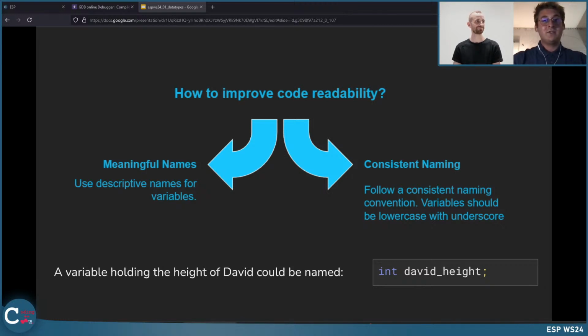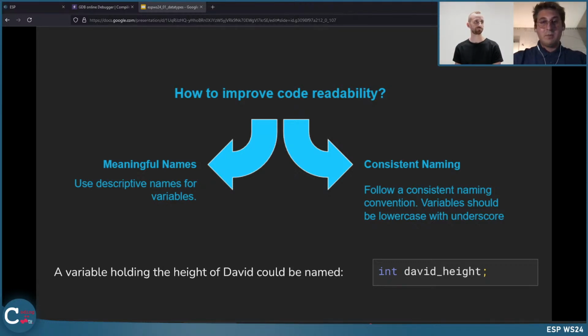And also maintain consistency in the naming convention you use. This not only helps yourselves when you read your code again, or if you have a larger program, but it also helps others that might read and try to understand your code. It also helps in this case our tutors when they read your code.